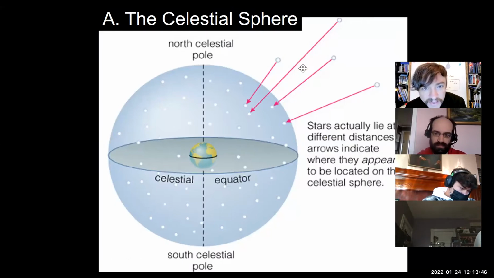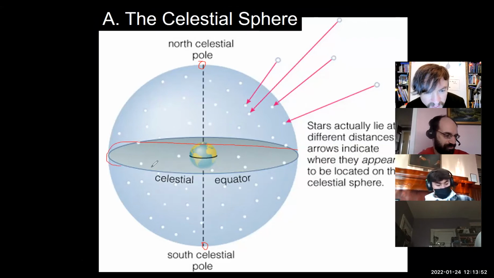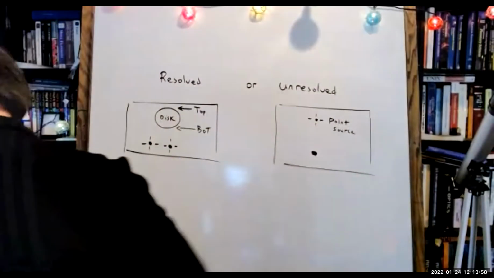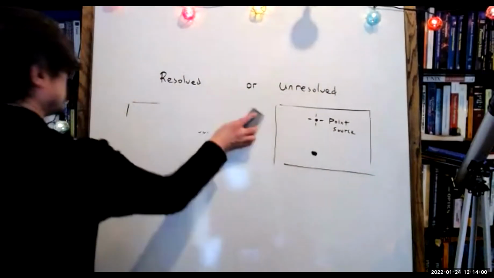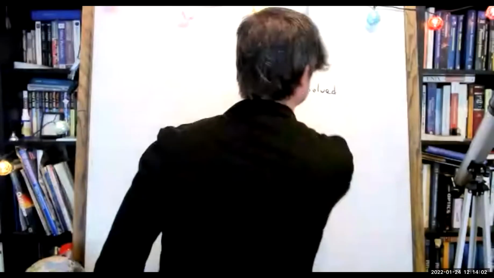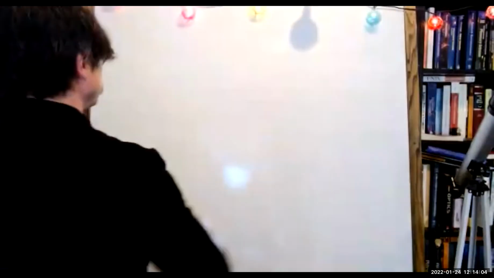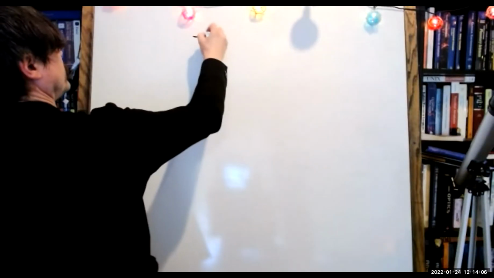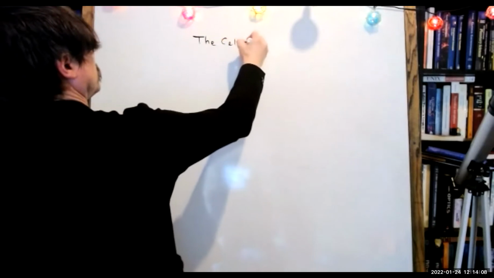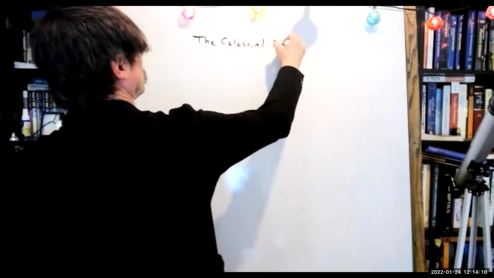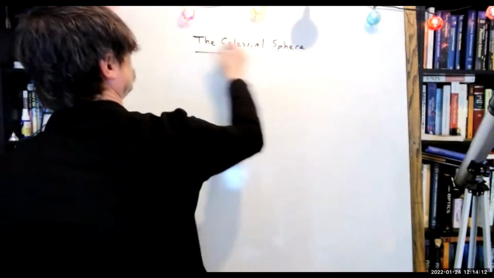I want to identify 3 vocabulary points: North Celestial Pole, South Celestial Pole, and this ring here, the celestial equator. In fact, let's draw it on our board. Okay. The celestial sphere